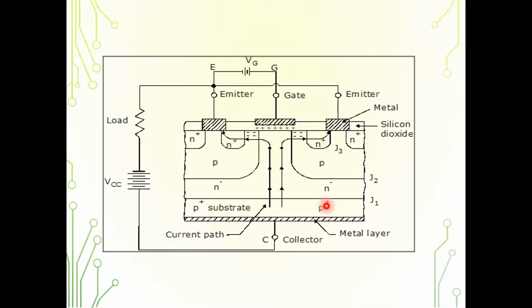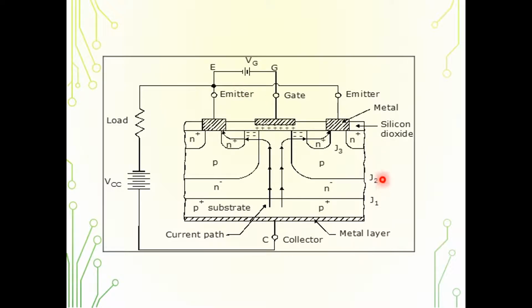It can actually act as a latching device also, but it doesn't act as a latching device due to the N plus layer which is present. Okay, and you can observe here there is a gate. Okay, you have emitter and the collector. That P plus substrate acts as a collector. The input terminal is gate with respect to emitter, output terminal is collector with respect to emitter.